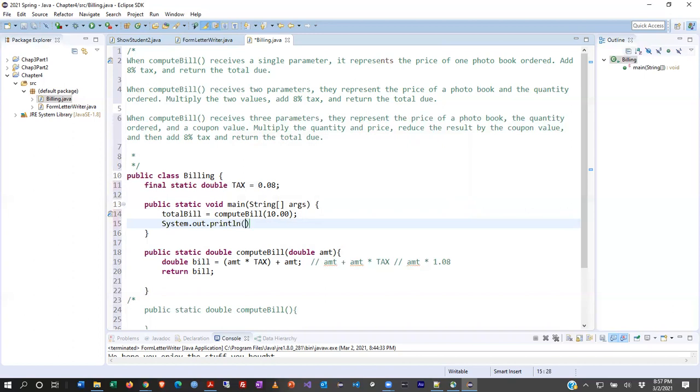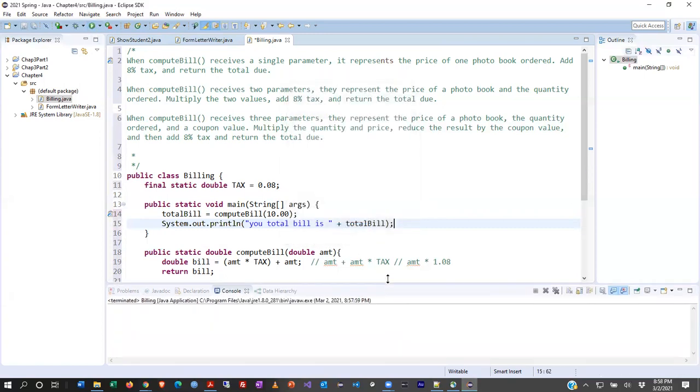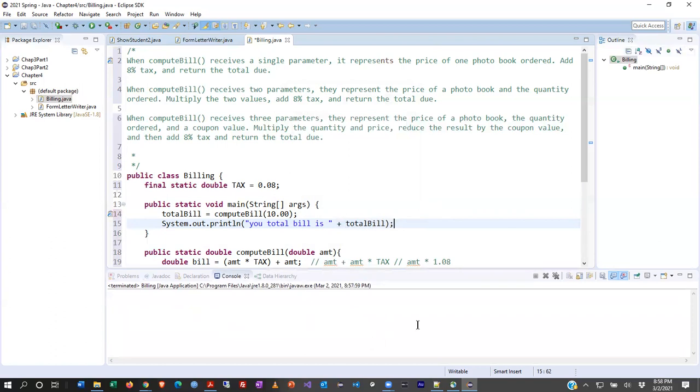All right. And I'm just going to say your total bill is, and then we just want to make sure that it works at this point. That's all we're doing. And we're just going to put total bill. All right. So let's run this, save it, run it, see what happens. Does it even work? And hopefully the answer to that is